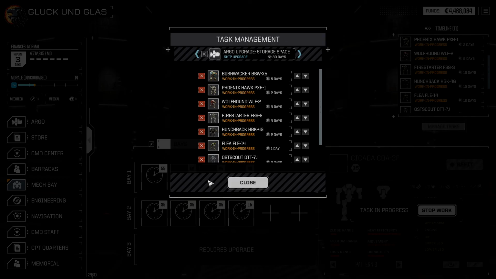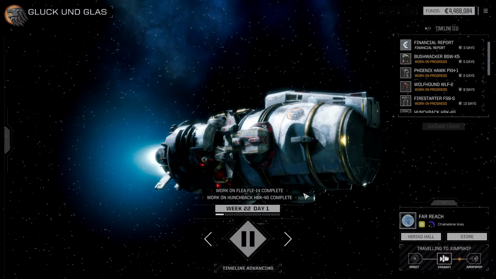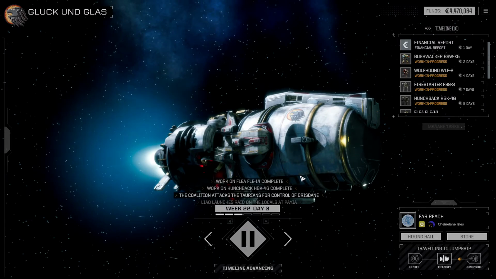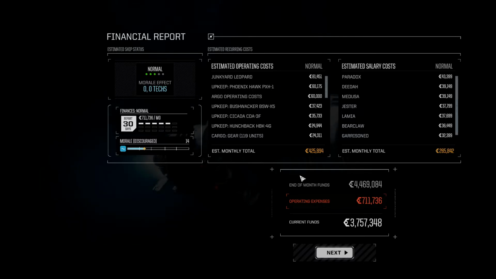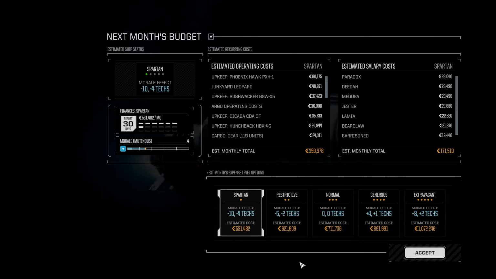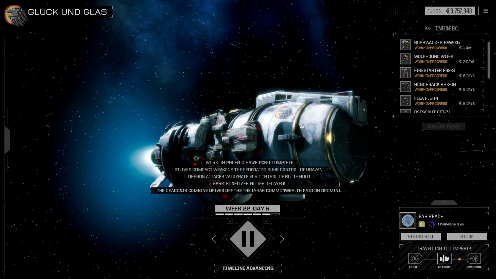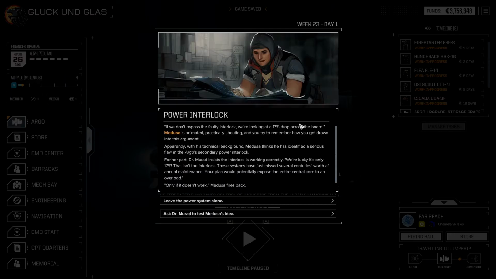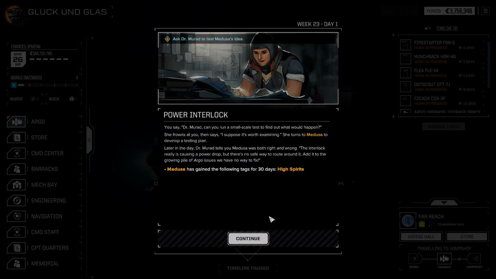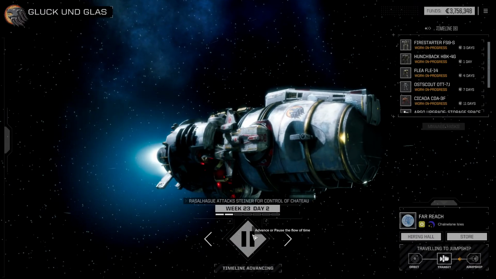Which is fine. Alright, so we actually have a good bit of work going on, but we have so many days till we arrive. So many days. Ready to go over financials whenever you are. Yep. I'm actually going to go Spartan. We don't need the morale, and we're going to have plenty of tech points to finish all of our work well before we arrive. I mean, yeah, sure, test it. High spirits, cool. Doesn't matter, we're not going to be dropping on a mission in 30 days, so...